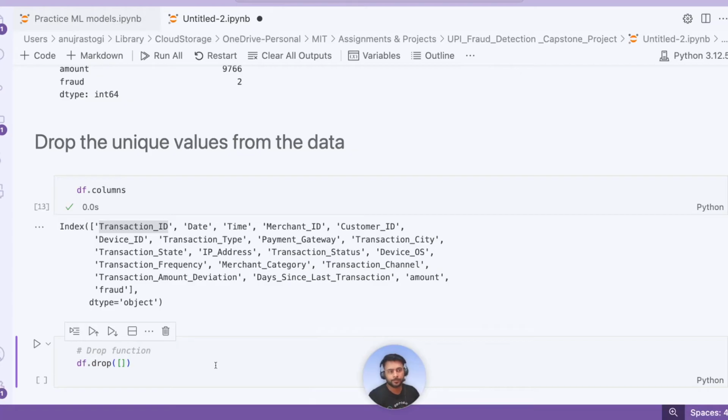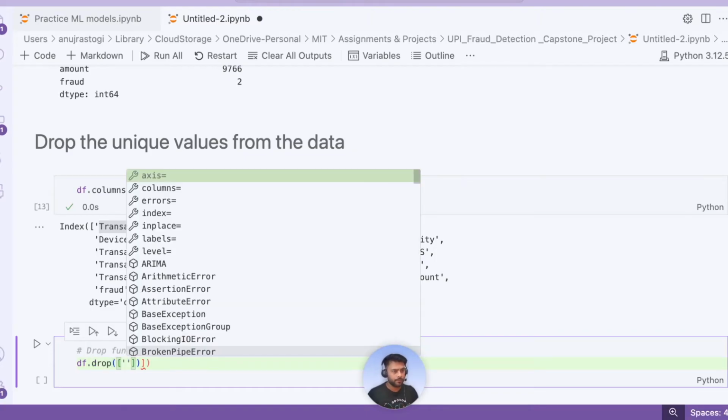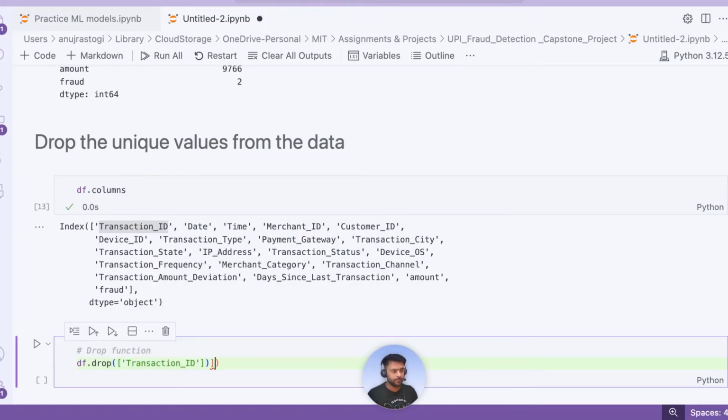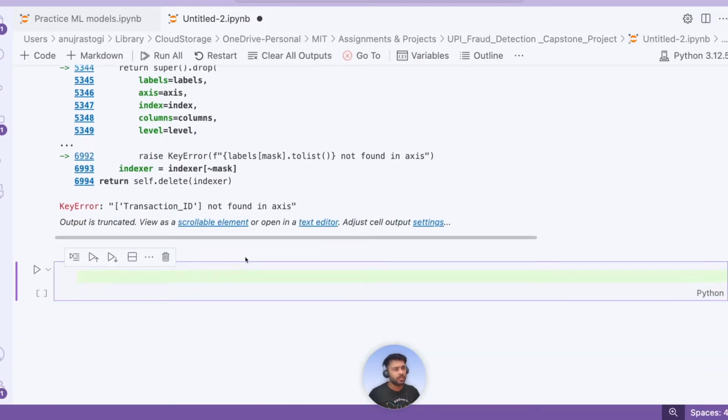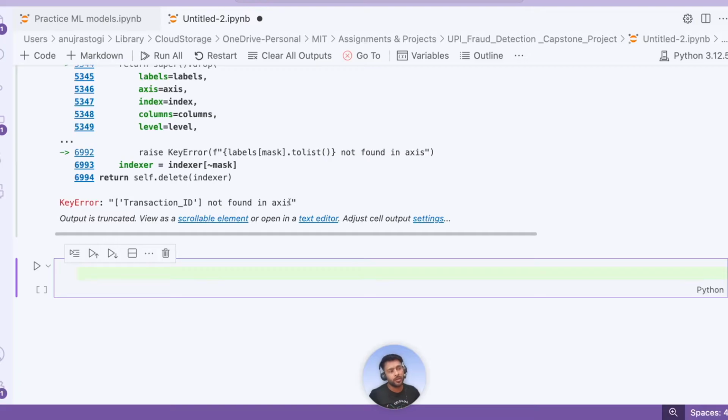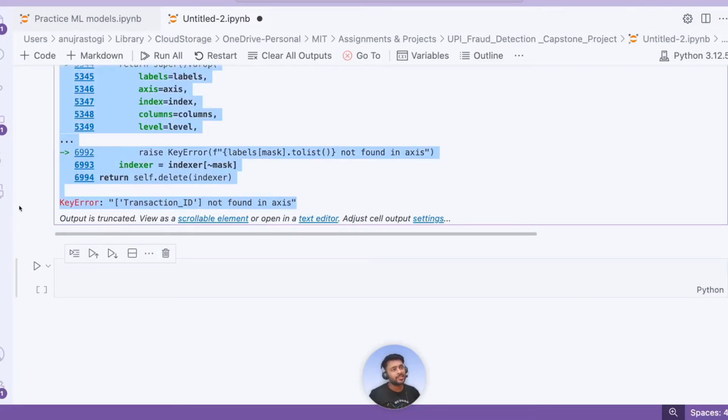Anyways, in the drop function, we can mention the name of the column. So if I do df.drop transaction ID, you just have to mention the column name and it will drop that particular column. If I do this, let's see what happens. It says axis is not defined or axis not found. The reason this is happening is because